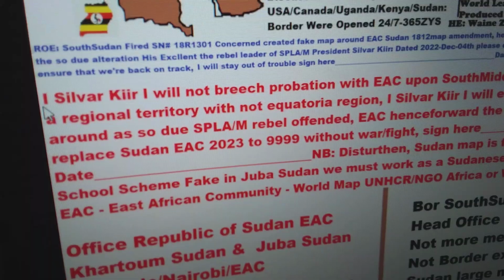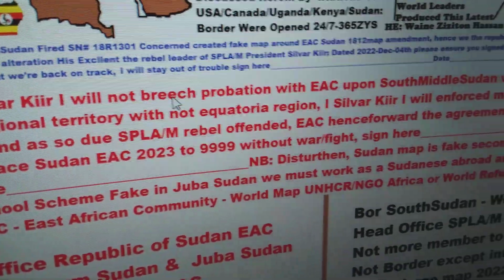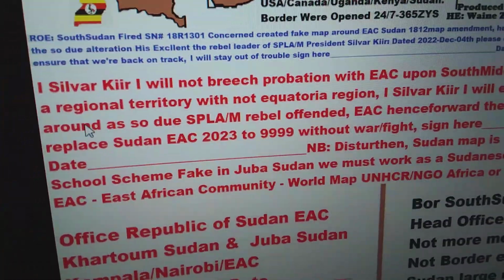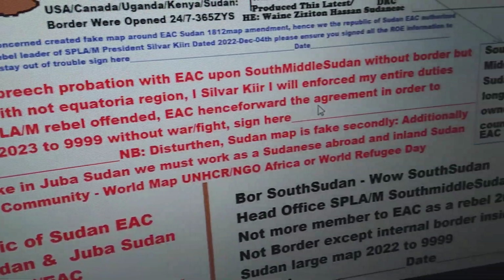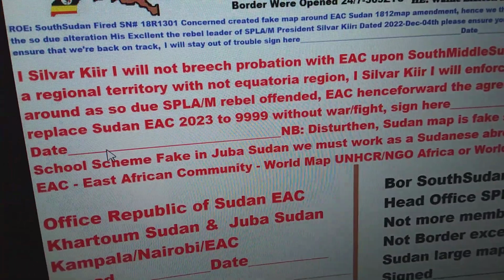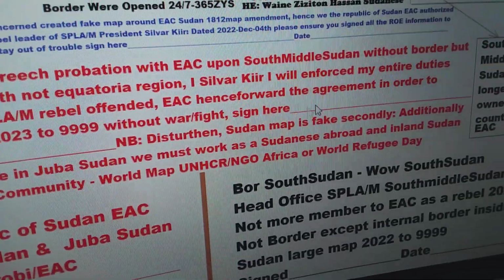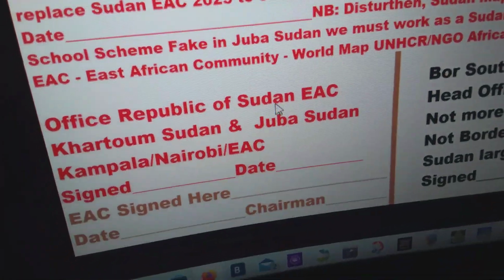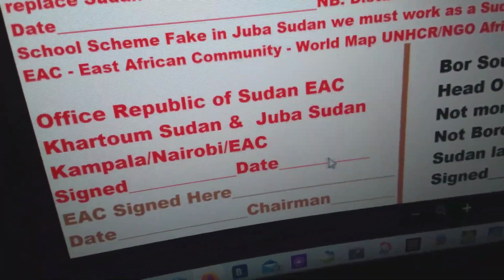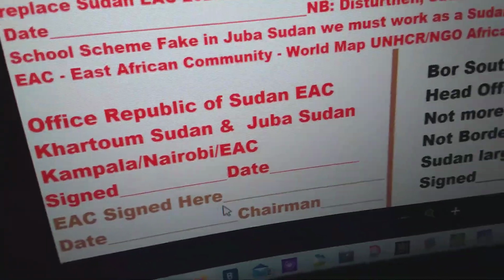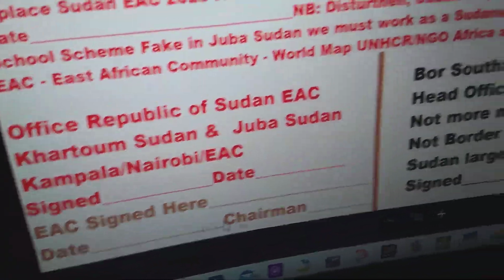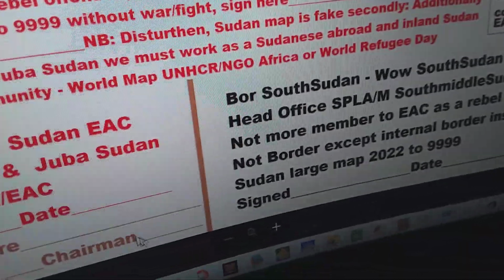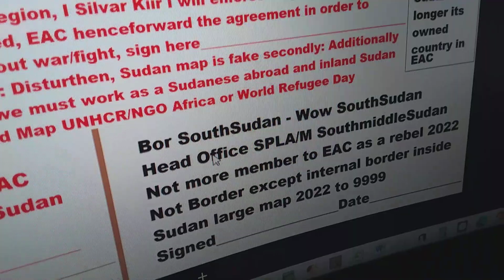Okay, and then this is the president, and he should sign this agreement of the termination. They must ensure they sign this termination agreement, and then they should date it here, sign it there, date it there, and then the office of Sudan will sign here, will date there, and then the East African communities will sign here, then they will date here. The chairman will sign here, then will date there, okay? The world chairman, if that's the one.